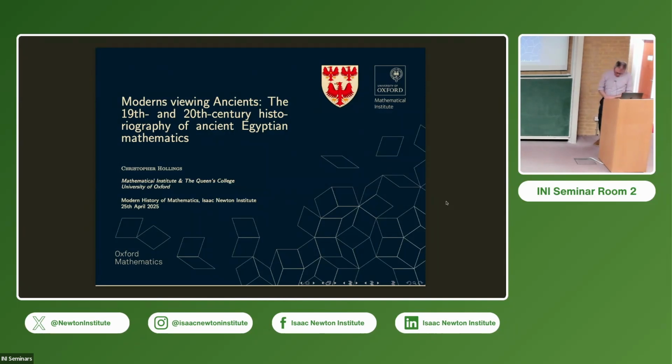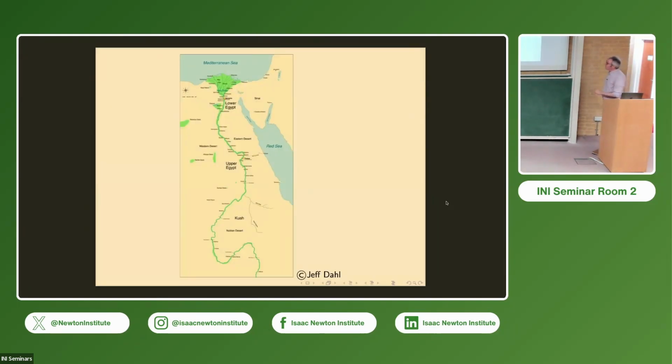Just to start with, if I can find the right button. Nope, not that one. That one. Oh, it hasn't come out fantastically well, but just a bit of basic geography to get us started. This is Egypt with various labels relating to ancient Egypt. It's very much a long, narrow country concentrated around the Nile, which is relevant to the story I'm going to tell. Just one place to point out here is Thebes, the ancient capital of Upper Egypt. I'm pointing that out because that's going to come up again in a short while.